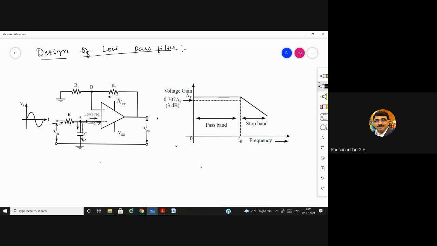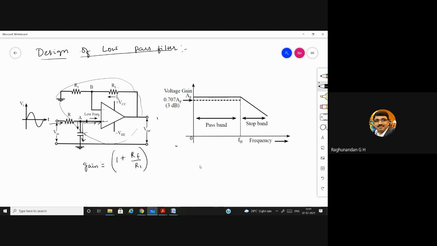And when the signal comes here, the rest of the things is the same as that of the non-inverting op amp. So we are having the virtual ground concept in the same way. It is going to add the gain. What is the gain for this? It is 1 plus RF by R1. So this is the gain. RF and R1 are there, and since it is in non-inverting mode, the gain is this one.